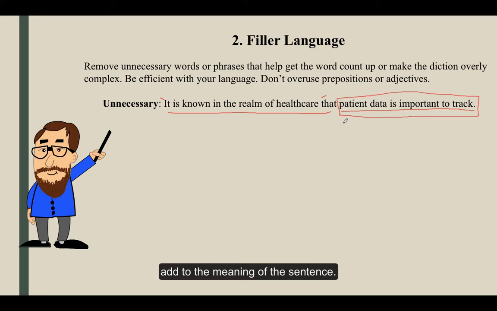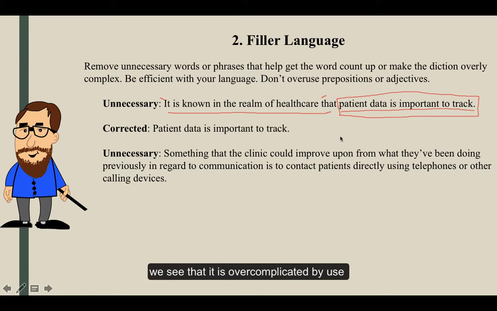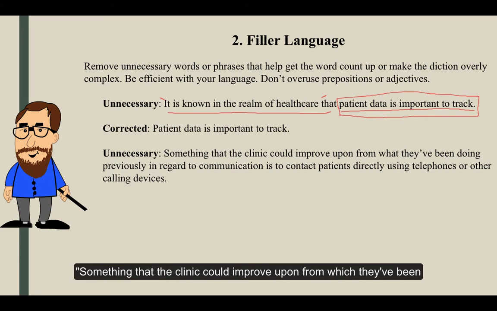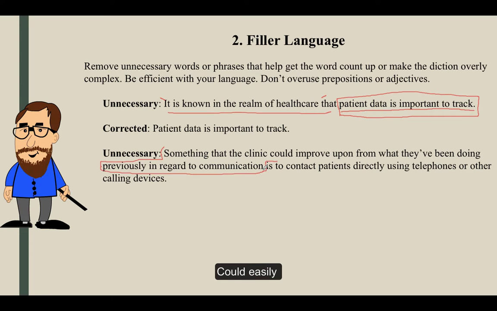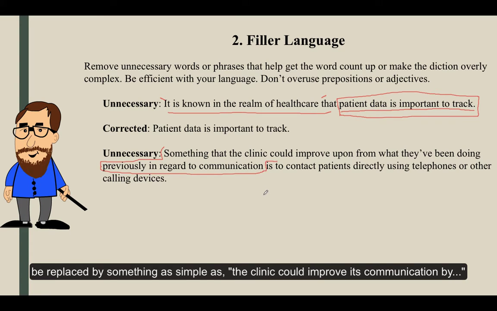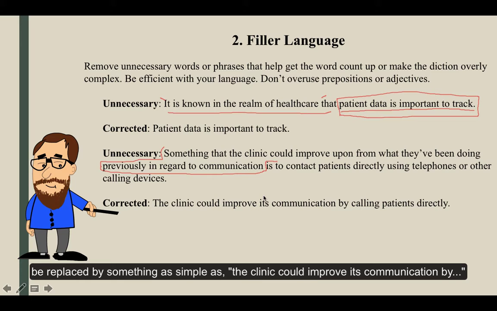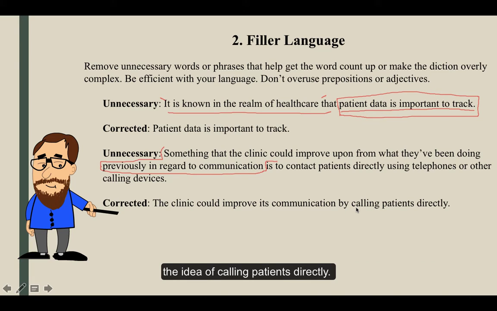of the sentence. Similarly, in the next sentence, we see that it is overcomplicated by use of prepositions and prepositional phrases. A phrase like, "something that the clinic could improve upon from which they've been doing previously in regard to communication," could easily be replaced by something as simple as, "the clinic could improve its communication by," the idea of